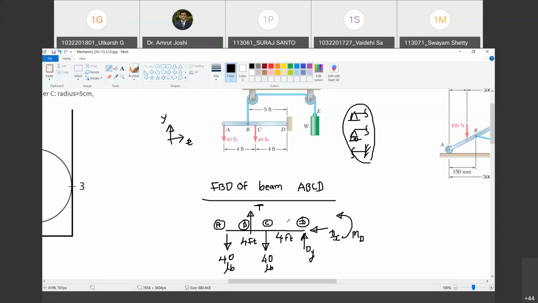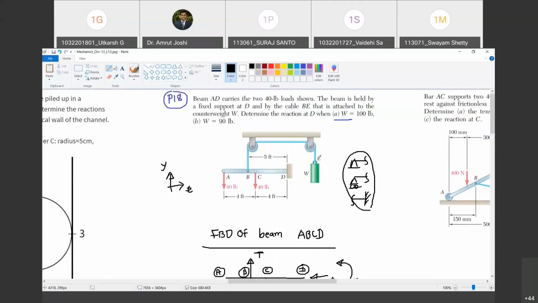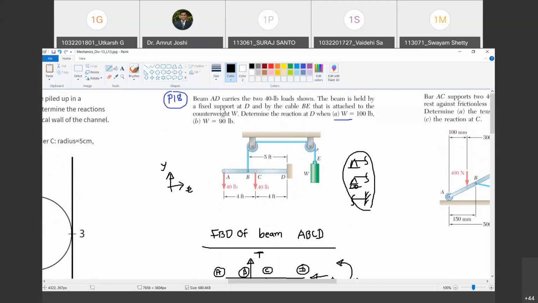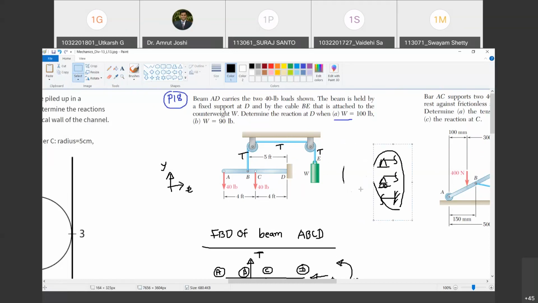Happy? Yes. Now, I am going to ask you what is the relationship between this T and weight. So for that, what do we have to do? I will assume that we can cut it there. So I will assume that this part of the cable carries tension T. As there is no information available on friction, this also has to be T, and this also has to be T. Do you agree with me? Yes. And now I am left with only one step. I have to estimate this T in terms of this weight. Are you with me? We understand intuitively that it is equal to weight, no doubt about that.